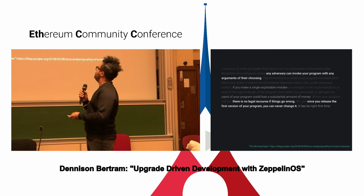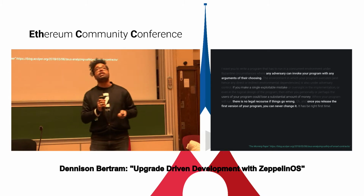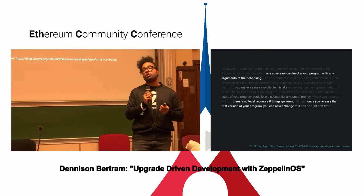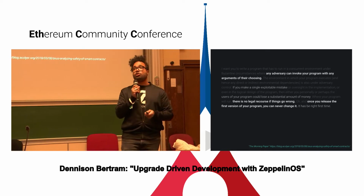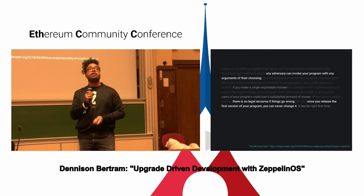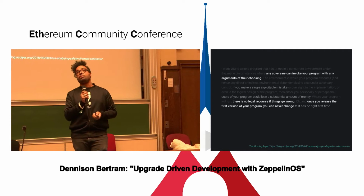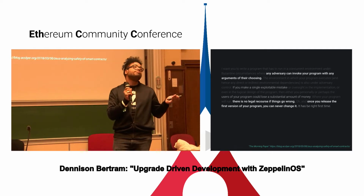I'm not going to read this whole thing, but this is a great quote from the morning paper. Basically, it's talking about the challenges of developing smart contract applications when you are creating an application that you have to get right the first time, that is going to run in an adversarial environment that anyone can call with any arguments of their choosing, and there's no legal recourse if something goes wrong, right? Like if they bork your system, you're just...